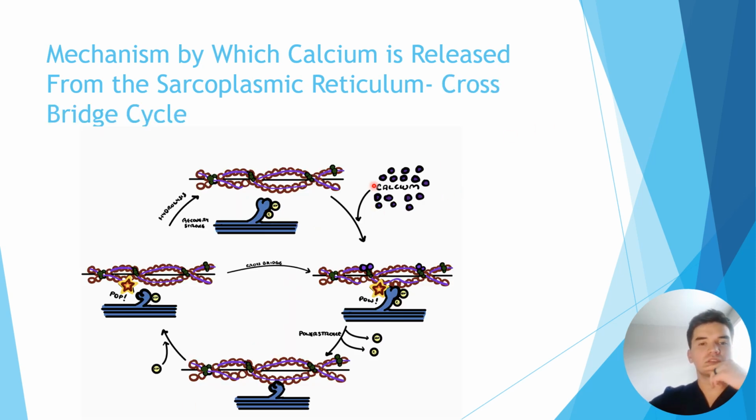All right, so let's talk about something called the cross-bridge cycle. The cross-bridge cycle is important because it shows us how myosin physically attaches to actin, allowing for muscle contraction to occur. So we see here we have myosin with ADP and Pi connected to it. As we go through the system, we'll see that calcium that's released from the sarcoplasmic reticulum attaches to troponin C,